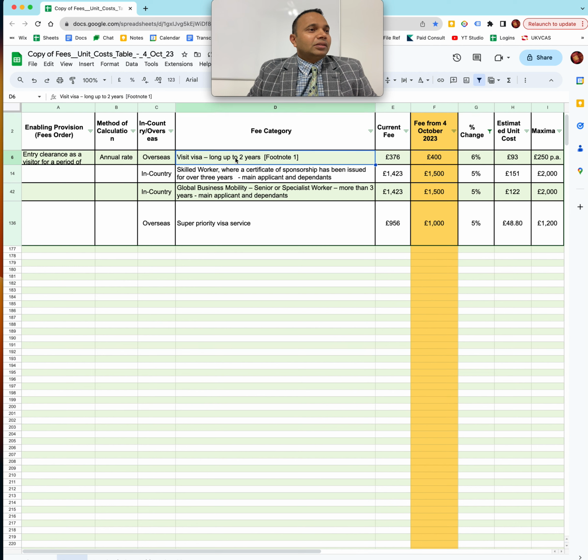Okay, 6. Visit visa, long term, up to 2 years. So 376 has increased to 400. This is a visitor visa, a 2-year visitor visa, up to 2 years it says. And the next one is,